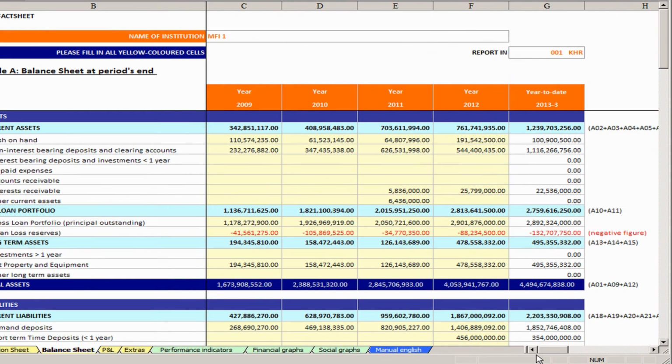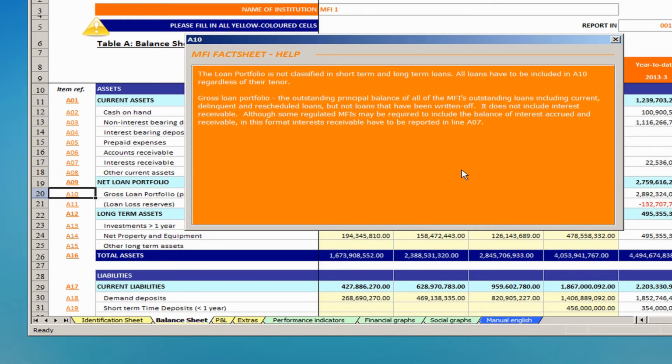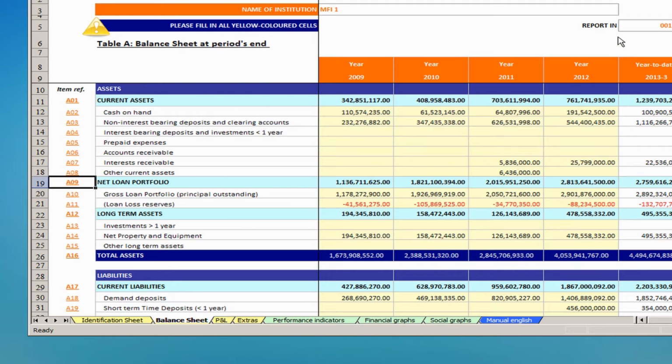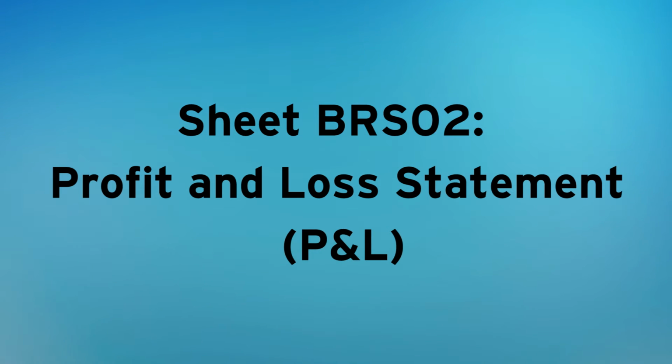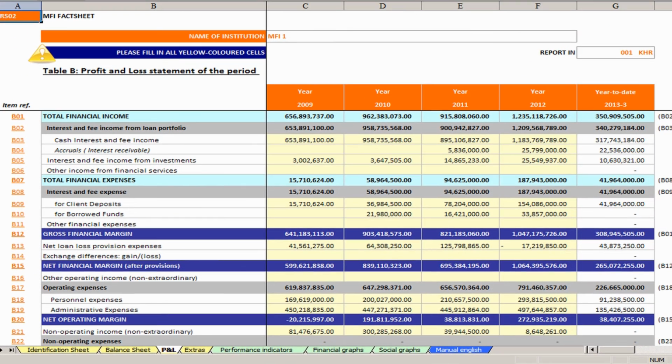As highlighted before, comprehensive explanations on individual accounts are provided through pop-up screens, which can be accessed by double-clicking on the item reference. Sheet BRS.02 Profit and Loss Statement. In this sheet, the MFI's profit and loss statement has to be entered. The structure of this profit and loss statement is a reduced form using only main accounts, just like in the